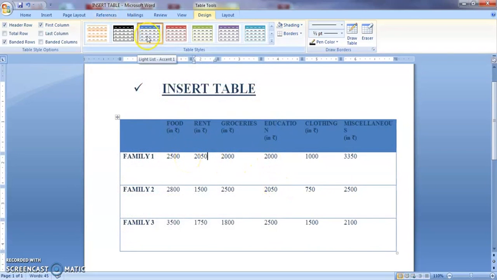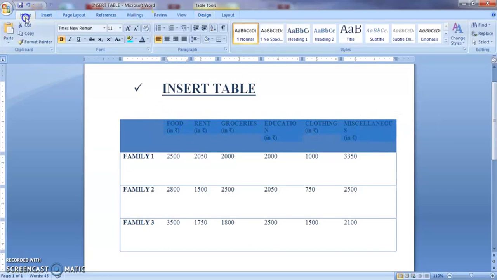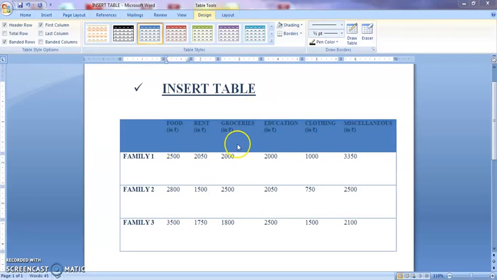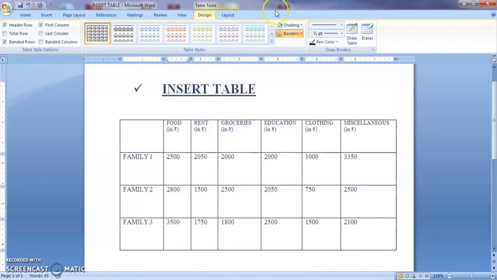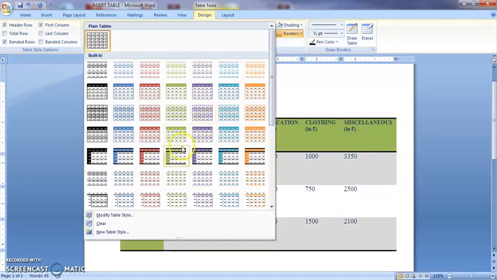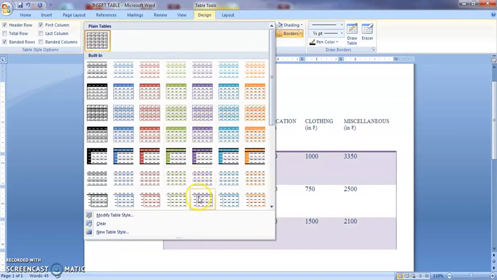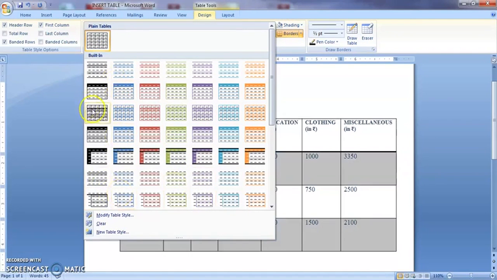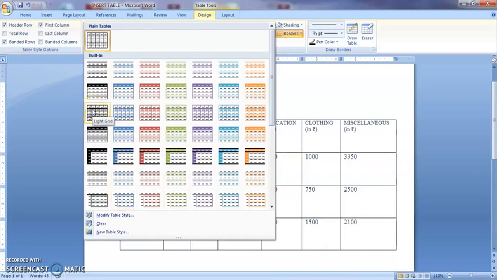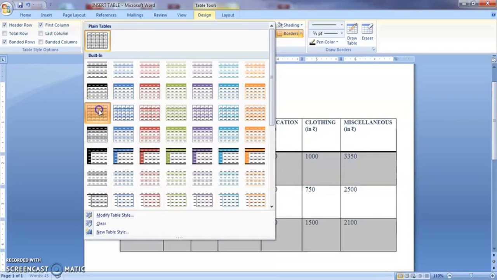I have selected this particular table. There may be slight changes in the font. If you want, you can make a change. Just click the font and then go to the home button and just give a decrease. It will get fitted. Right? If I am not happy with the style, I can go for plain tables. That can also be done. The similar style which we have selected initially. Right? If you need a differentiation in both rows and columns, that can also be done. Okay, so this is how you can make modifications in the table. Here I am selecting a simple style.